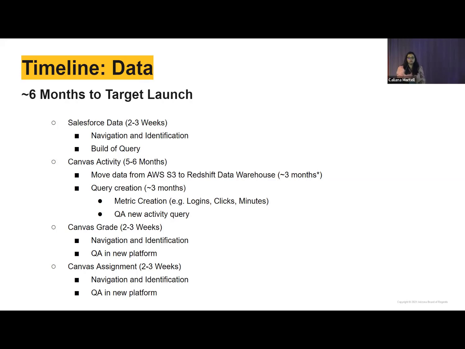While we were looking for Canvas activity data, we found that we never actually tracked it except for grade changes. So that process of finding all the activities that we were tracking, that we should be tracking in Canvas, and getting all that data into Redshift took about 3 months. Then the query creation took about 3 months, and it's still in progress of identifying how many logins a learner has, how often they are logging in,